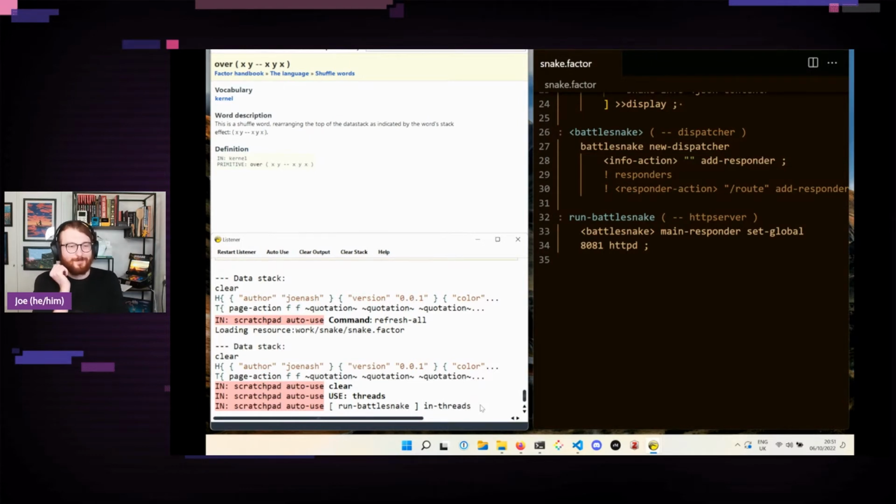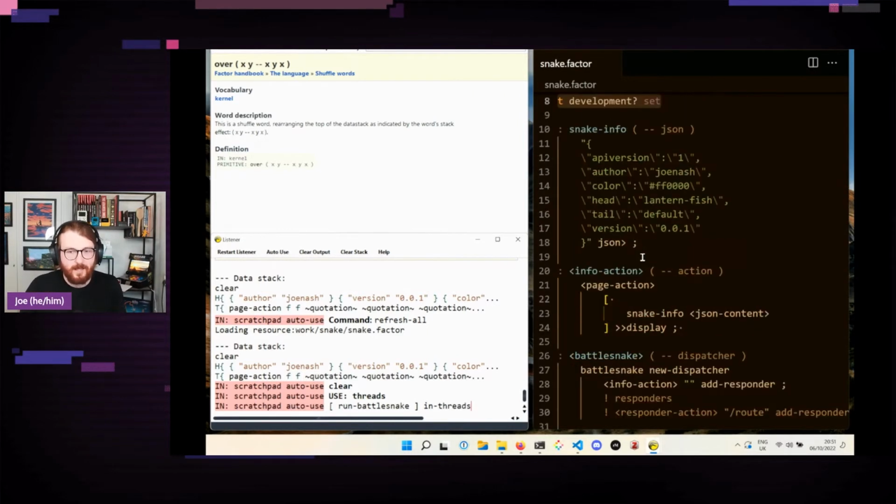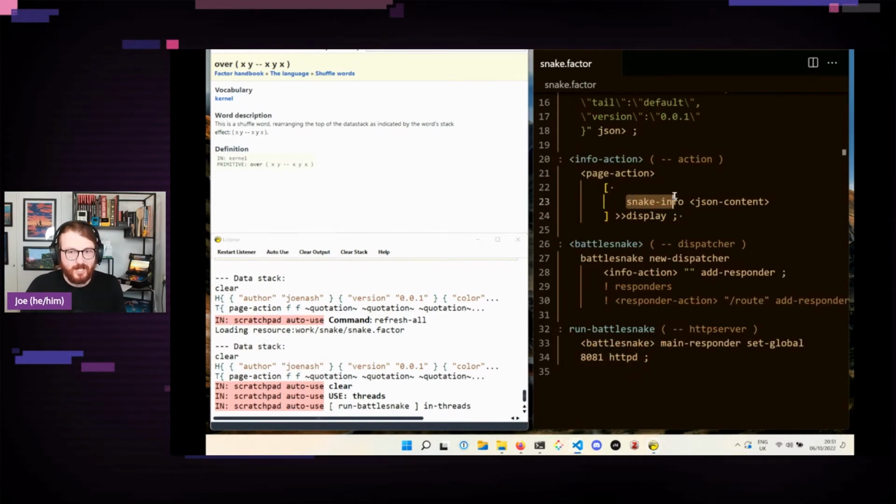So I've tried several times to foreground or to kill that thread using the words I could find for manipulating threads, and that's never worked. But the auto refresh seems to not auto refresh changes to the set dispatches. So if, for example, in the info action, I change the contents of snake info, the auto refresh does definitely work. If I change anything in Battlesnake, or anything outside this quotation, auto refresh doesn't seem to work. So sometimes I do have to kill the whole server again,